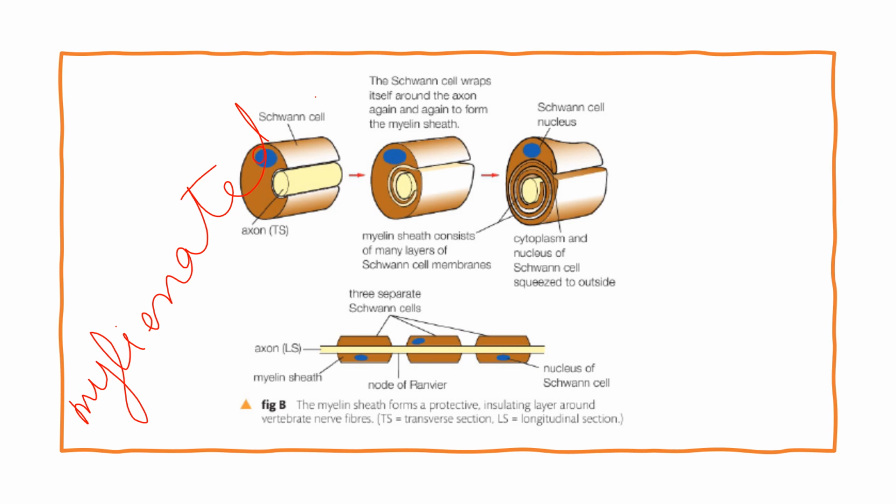What is myelinated? What do we mean by myelinated? We have a special type of cell that is wrapped itself around the nerve fiber. That is known as Schwann cell. So Schwann cell is a specialized kind of cell that will wrap itself around the nerve fiber, wrapping itself multiple times, and it will end up forming this fatty layer. That fatty layer is going to be known as the myelin sheath,